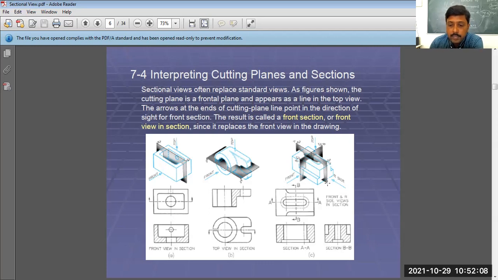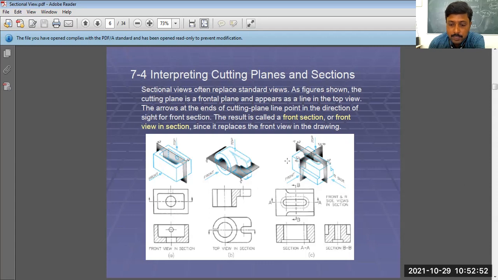Now again, let's move to the third example of the same. What is happening over here? We have used two different planes: AA from the top, perpendicular to the front direction, and another cutting plane BB, which is perpendicular to the AA plane. So both planes are perpendicular to each other. In that case, what is going to happen? AA will remove this part in this direction. BB plane will remove the part in this direction, because directions are shown here.